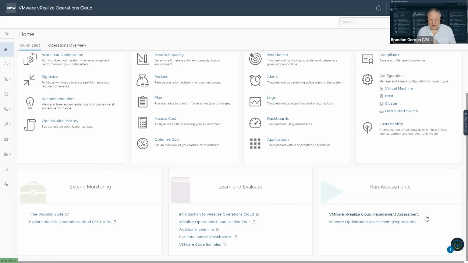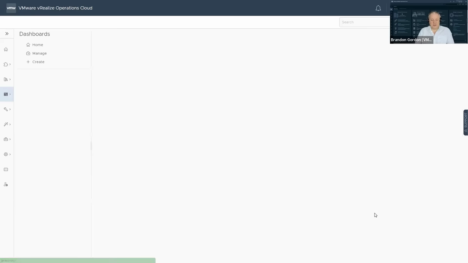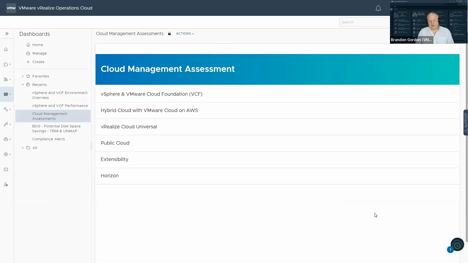I know some partners may be aware of the VOA, the vSphere Optimization Assessment. That's been replaced by this cloud management assessment. It's been replaced for a while now, over a year that we've been using the cloud management assessment. So it's just a matter of clicking here, and this takes you to the landing page for the cloud management